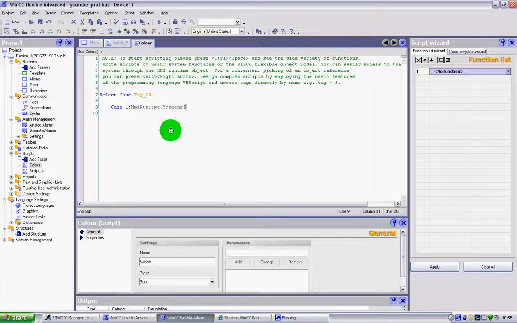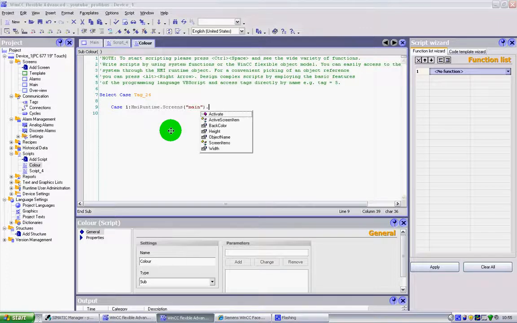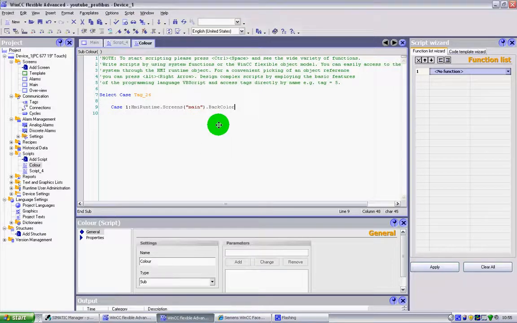Then we select the screen that we want, which is going to be our main, and then dot again, and we select BackColor. So our object is HMIRuntime.Screens, select the screen that you want to change,